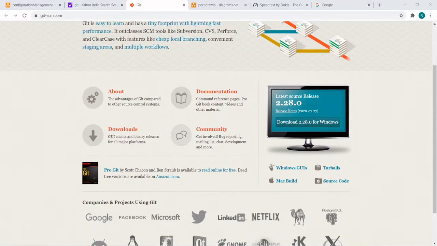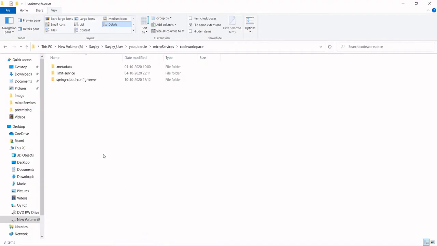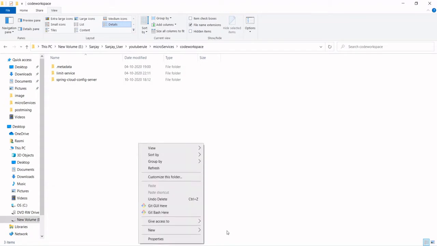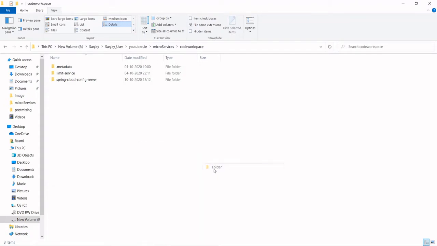So how will we do that? Let's go into a particular folder. In this folder, create one folder named git-local-config-repo.